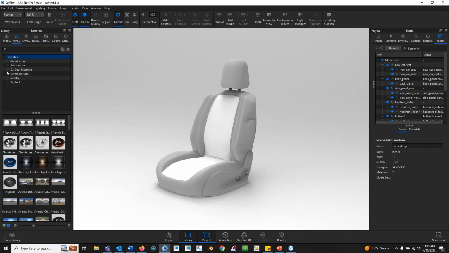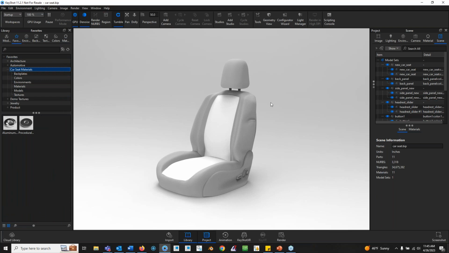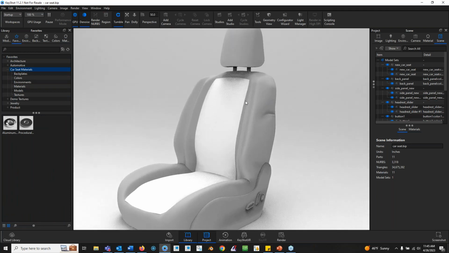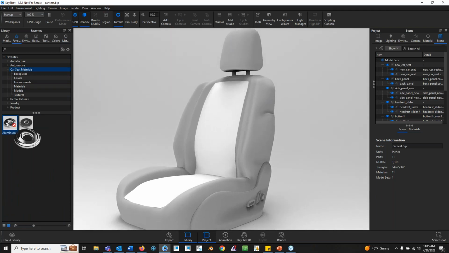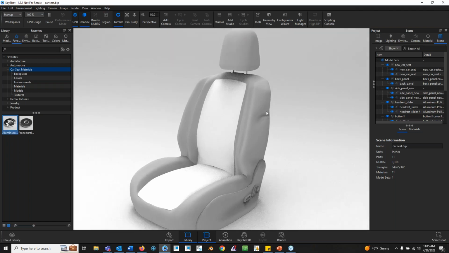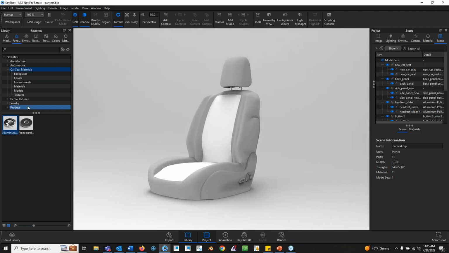In my favorites here, I set these aside as I was looking for them earlier. We have aluminum here that I was going to drag on the sliders here for the headrest. And that's how simple it is to use, guys. It is just dragging these right on there. I know I keep emphasizing that, but